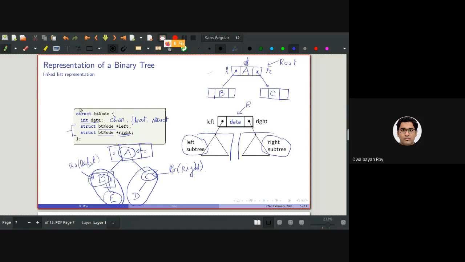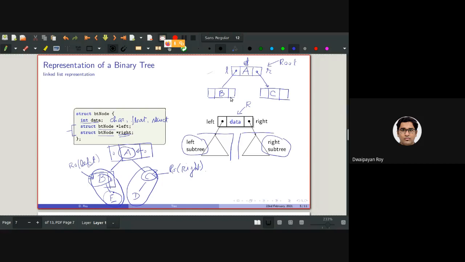But for this linked list representation, we will be allocating memory randomly, and that memory location will be containing the corresponding data. When a new node is needed, that is, when new data comes into the binary tree, we will be creating an object of this structure and placing it by changing the corresponding addresses and so on.